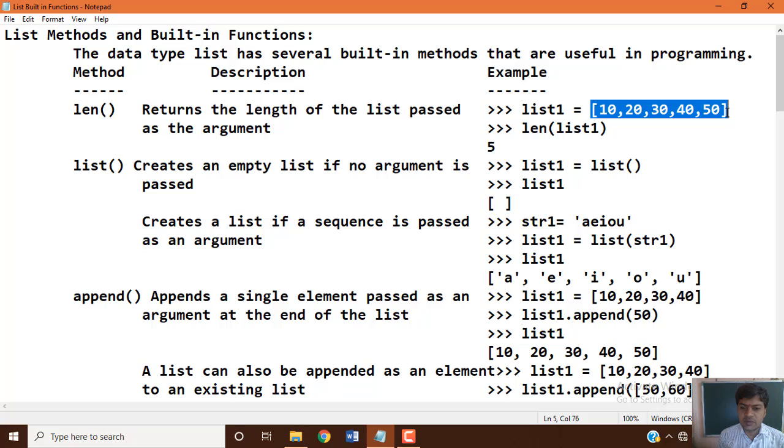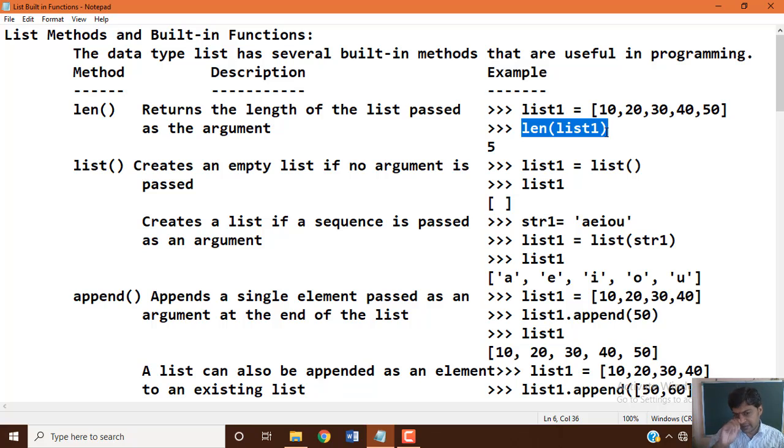For that, we will use the function called len to calculate the size of that list variable. How can we use it? We defined a list variable and initialized it with data items. Now to calculate the len of the variable we defined, that is list1, you pass it as an argument, that is, the list passed as the argument to the length function.